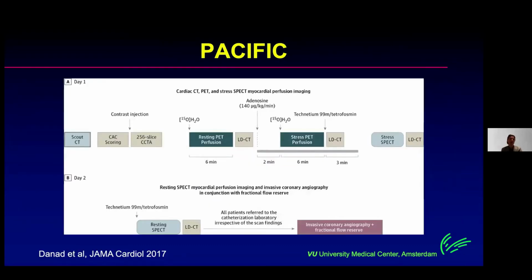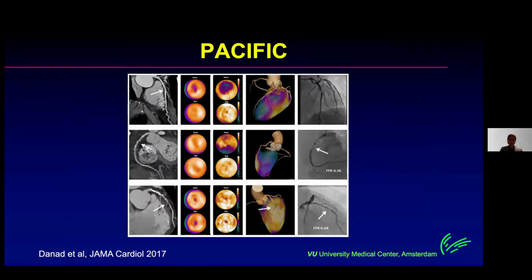So that's why a couple of years ago we decided to conduct the PACIFIC trial, which was basically a trial based upon the fact that we tried everything in everybody. So we did CT, we did SPECT, we did PET, and we did invasive coronary angiography with fractional flow reserve, which is the gold standard for revascularization, and had this stringent protocol,